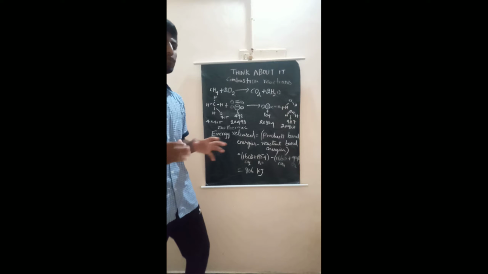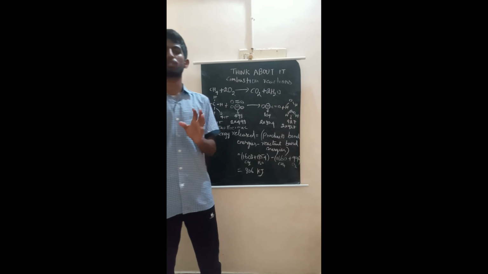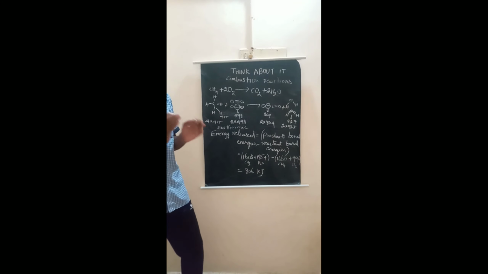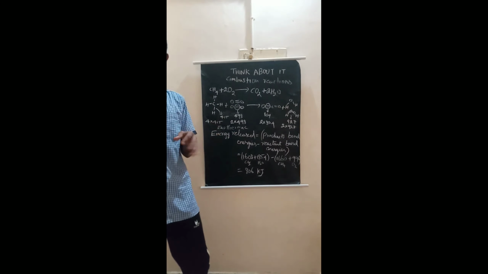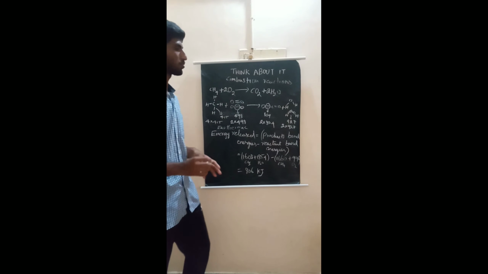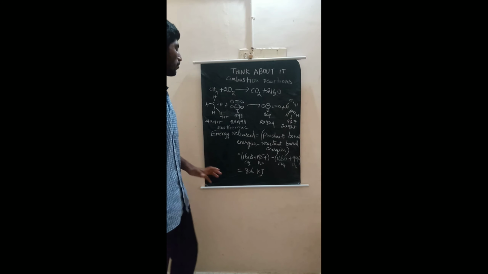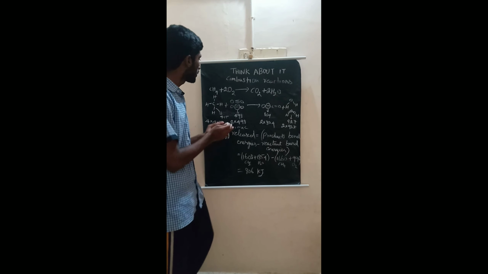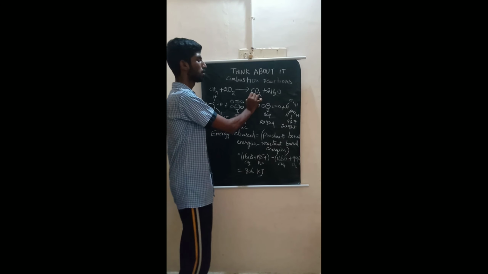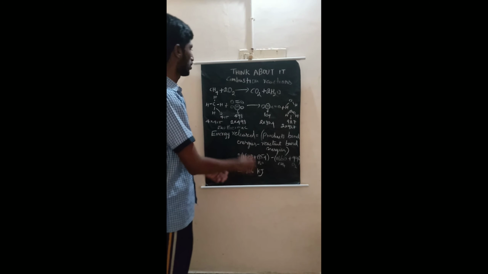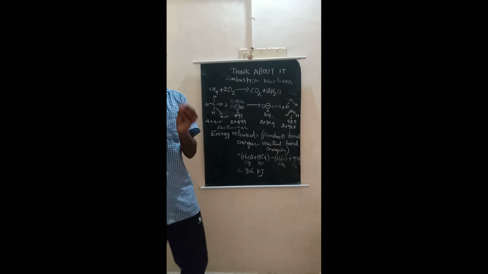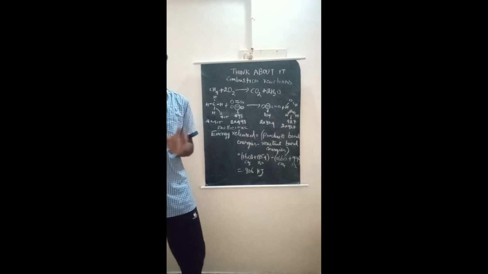Next, we already know that all combustion reactions are exothermic. But where does the exothermic energy come from, or how does the combustion reaction release energy? Now let us see. In this video I take the example of methane combustion, that is CH4 plus 2 O2 giving carbon dioxide and water molecules. I will explain how combustion reactions release exothermic energy in terms of bond energy.